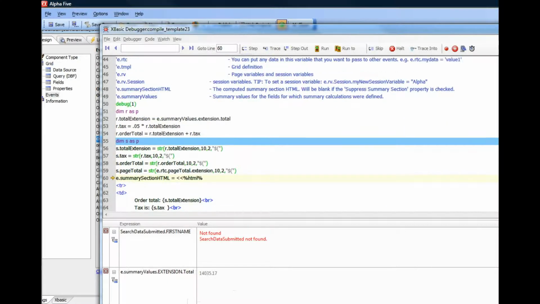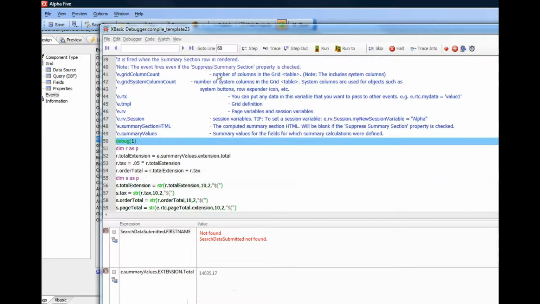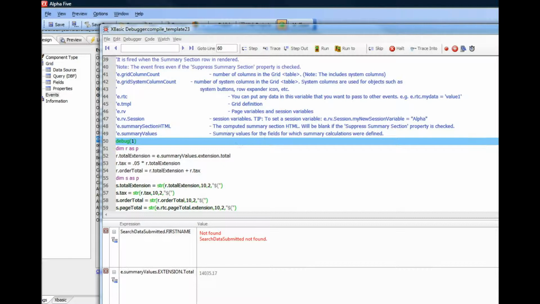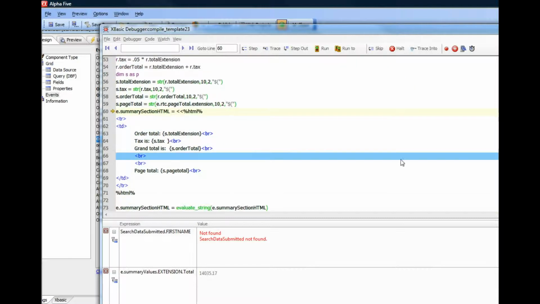And then the next thing that we do is we compute E.summarySectionHTML. So the comments here tell you that E.summarySectionHTML is the actual HTML that gets rendered in the summary section. So here you can see that we've got a template now for the